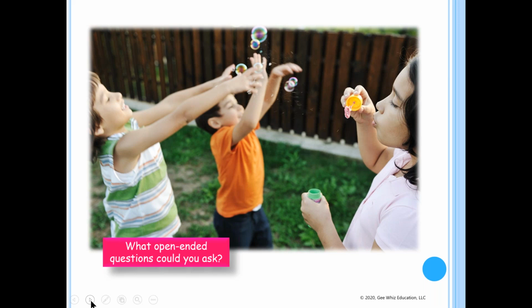Good. Awesome. Well, you guys are really doing an awesome job, and I do believe we are going to need either a chemist or a physicist with us for some of these. But actually, that is a perfect example of when you can extend upon a child's interest in something. So let's say you ask the question, why do the bubbles have rainbows? I personally do not know the answer to that. It has probably something to do with the soap and the light and the refraction or reflection or who knows what, but I would have to be using the internet to help me find the answer to that question.